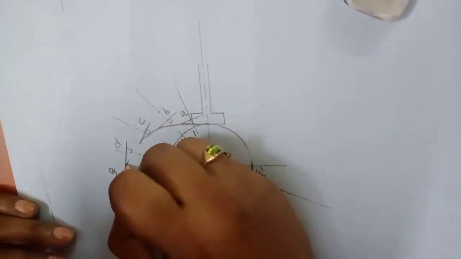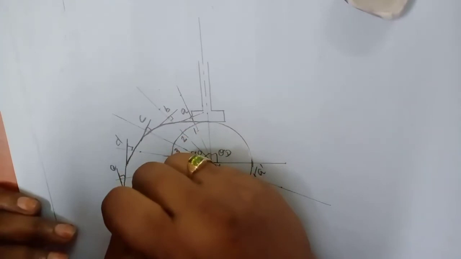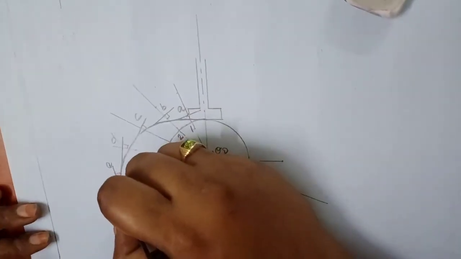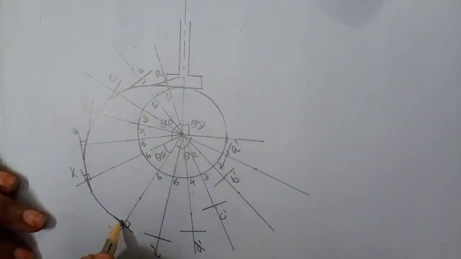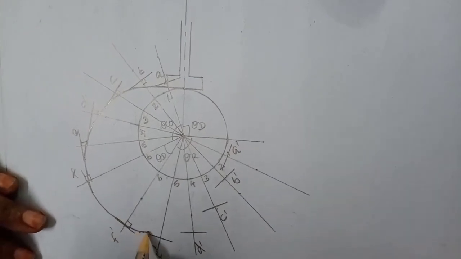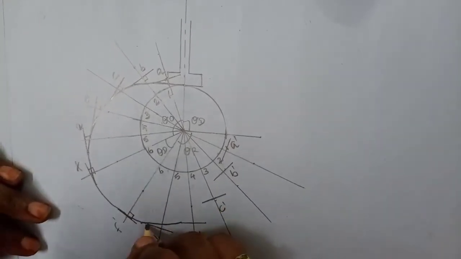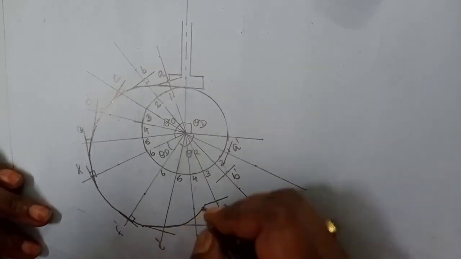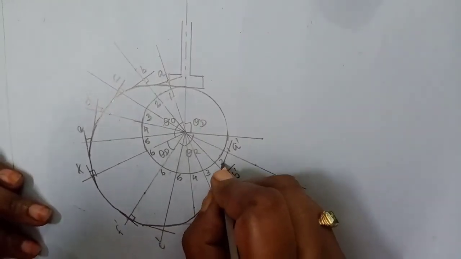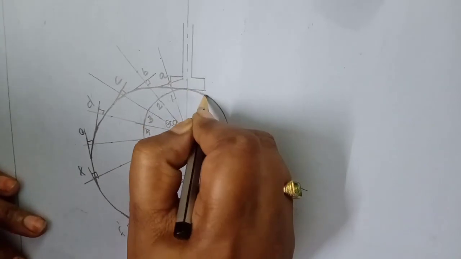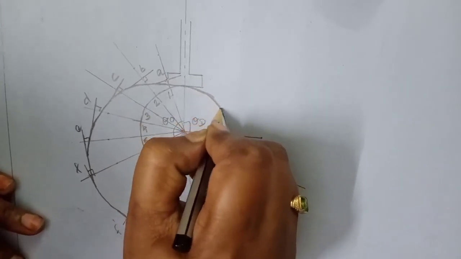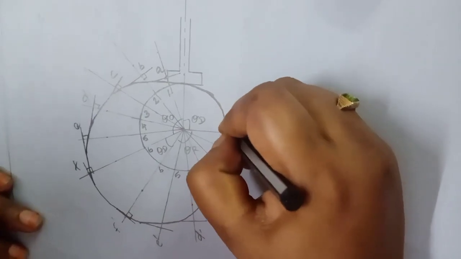So in the outstroke you may get the inner side of your projection like this. And while coming for the return stroke, also the inner line, you just see here whichever is touching, you just make it like this. So the position of the line will get changed, and now you may get it in this way. Like this. So now this is the required profile of a cam with flat faced mushroom follower.